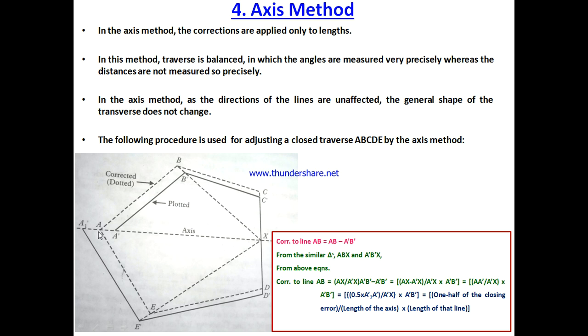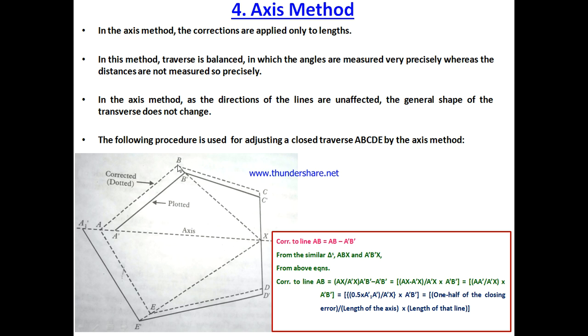Now with the help of this middle point, I will draw a line AB which is parallel to the actual traverse line A dash B dash, and I need to extend it up to such a length that when I join point X, which I have calculated in the previous step, to the last line of the traverse, C dash D dash, I get the error distribution. I have calculated X. Now when I extend this XB dash, it will meet the line somewhere here, B.